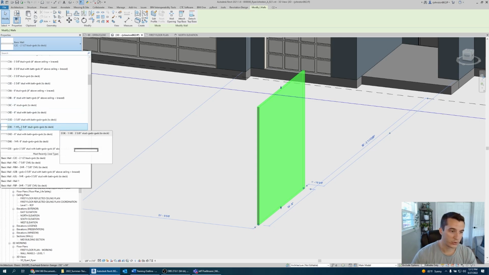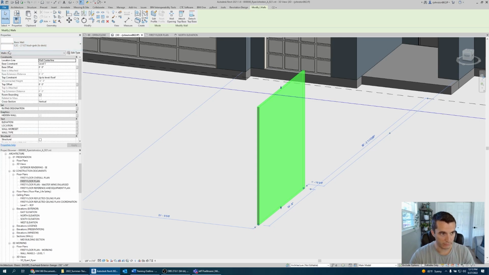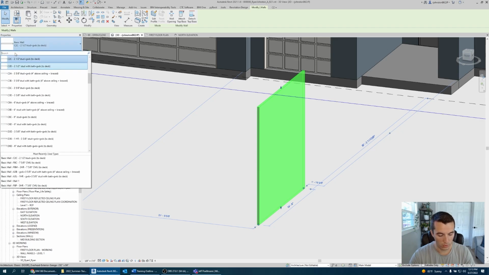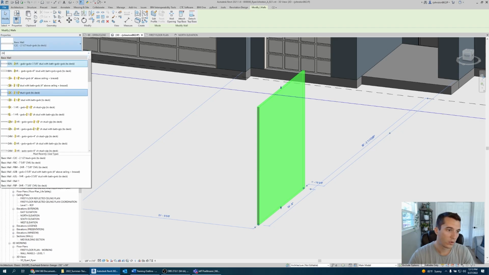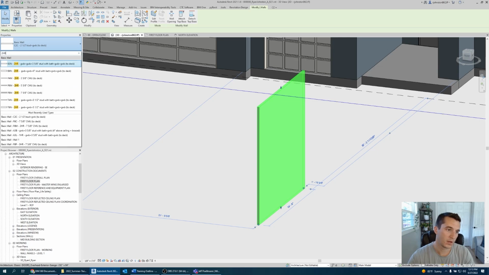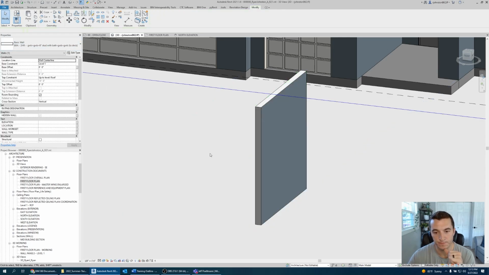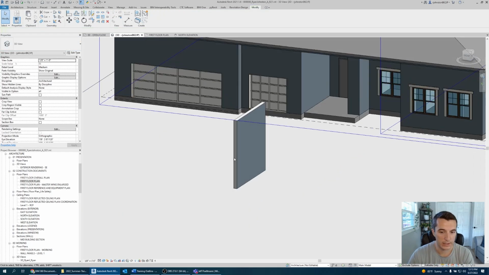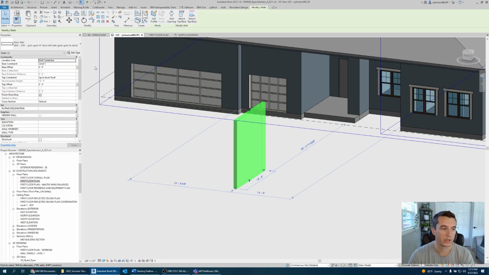If we want to change that to a rated element, we'll go find our rated elements. Maybe we'll go search even for a rated element. We'll find a 2-hour wall. And then we could change this to any 2-hour element we want. There's a little descriptor in here too that these walls have, but we'll get into how these walls work later on. I just want to go over that these walls have different compositions, different sizes, different elements within them, which